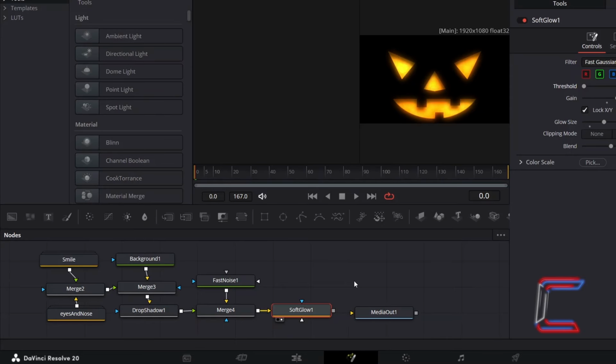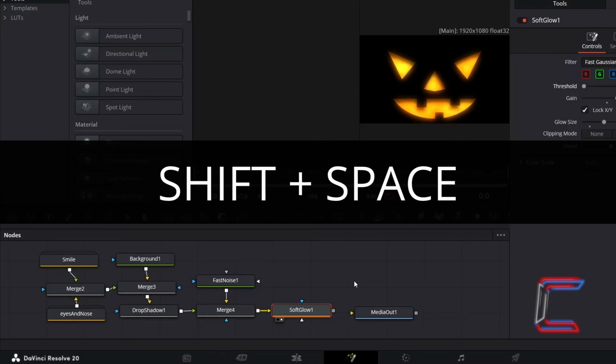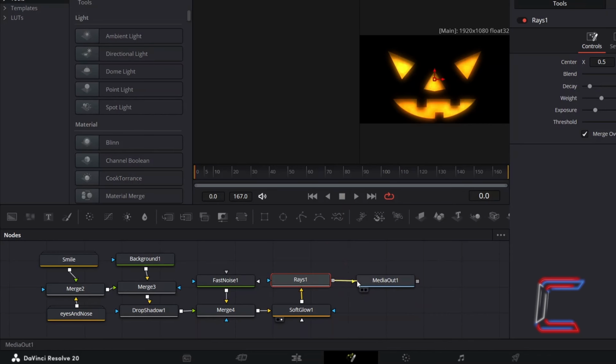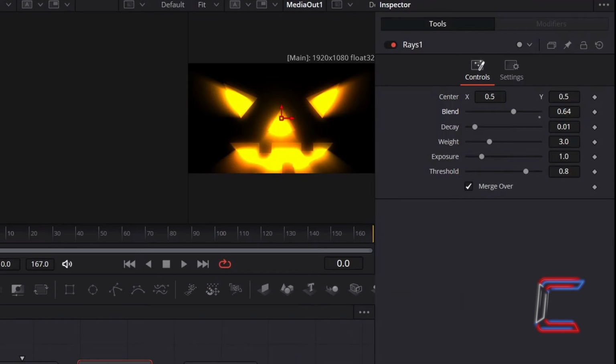Now to add light rays emitting from the jack-o'-lantern shapes. With Soft Glow 1 selected, hold in Shift and press Space, and go to Add Rays. Connect this new tool to Media Out 1, with the left or right view selected underneath Media Out 1. With Rays 1 selected, go to Inspector and underneath Controls, reduce the strength of the light rays by decreasing Blend